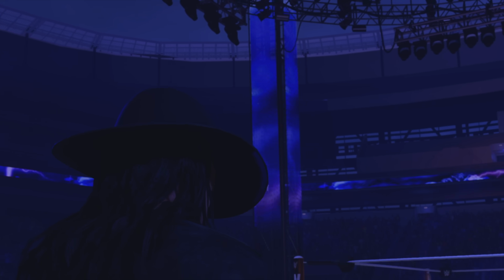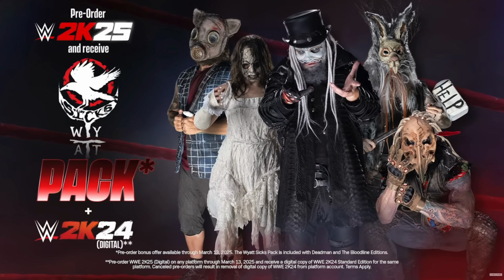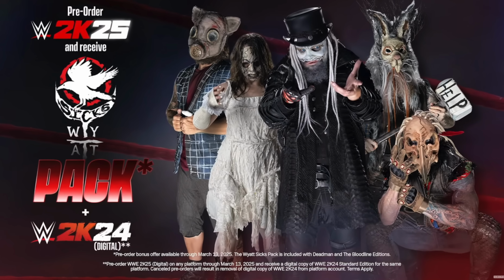The Standard Edition of the game is going to give you just the game, plus you are going to get the pre-order bonus, assuming you are pre-ordering it. The pre-order bonus is going to be the Wyatt 6. So you get Uncle Howdy, Dexter Lumis, Nikki Cross, Joe Gacy, and Erick Rowan,